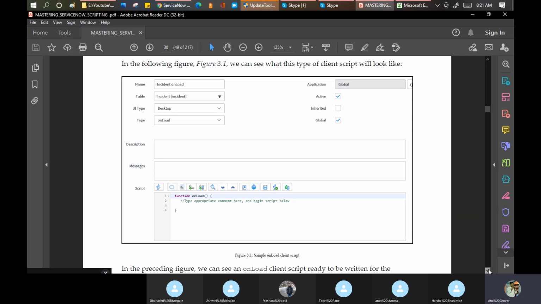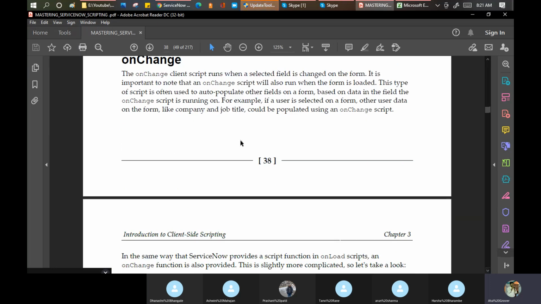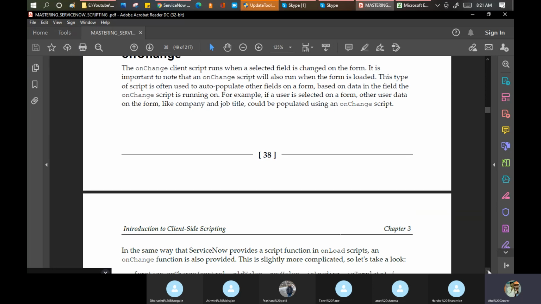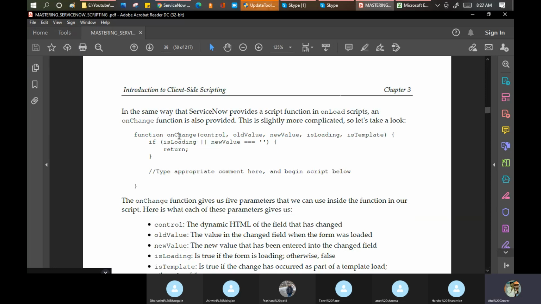If I scroll down, on change means I am changing an old value to a new value, and that is the reason this function contains these parameters: control, old value, new value, is loading, is template. If is loading and new value is empty, then return.